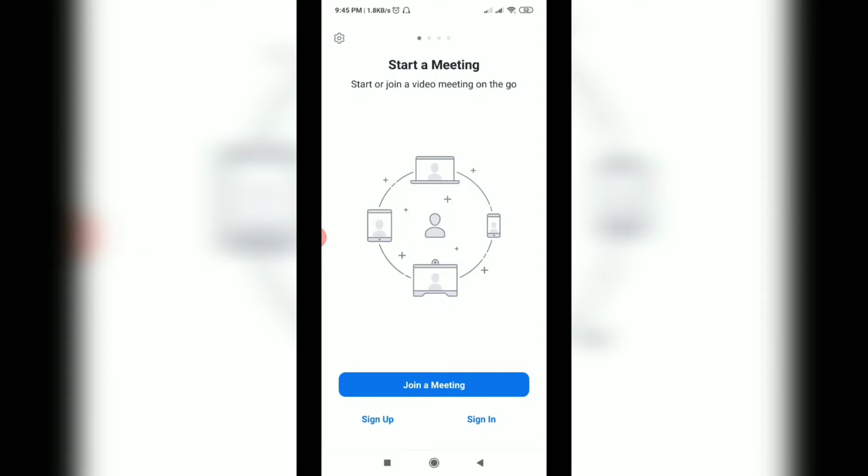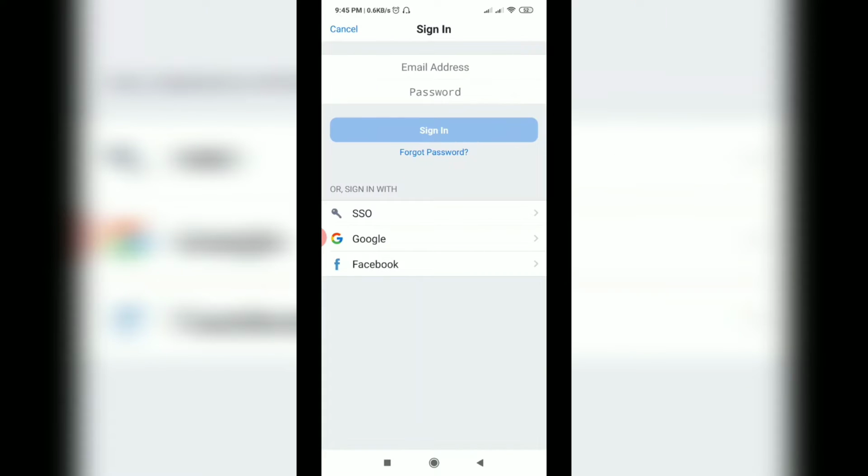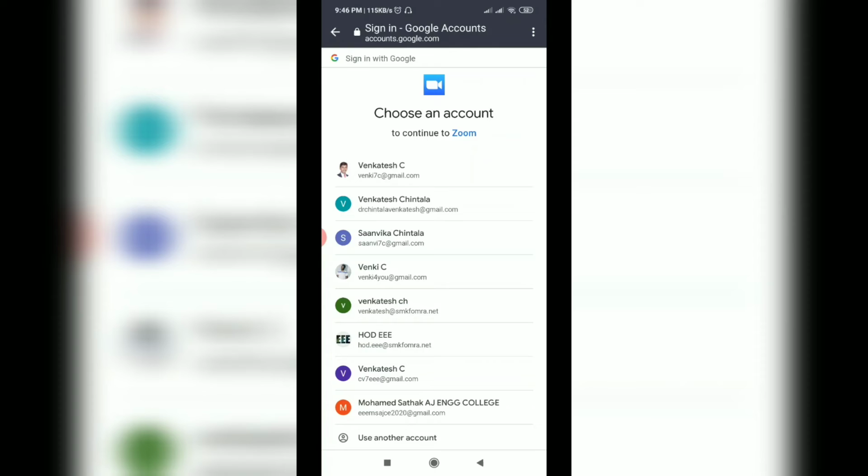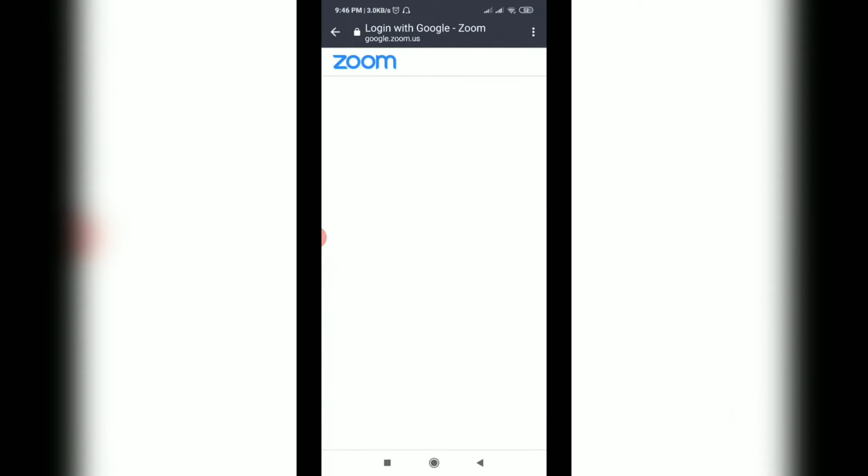If you are having a Gmail account, click sign in, or else you have to click this sign up account. So I am having a Gmail account, so I am using this sign in option. So here I am going to choose Google. So here I am going to select one of my mail ID. Now click launch Zoom,